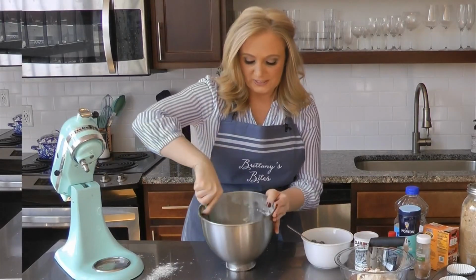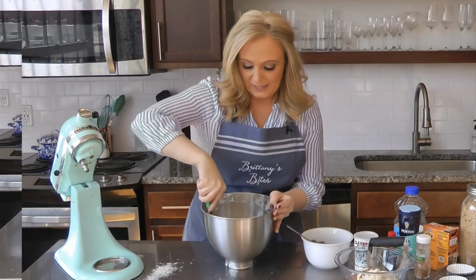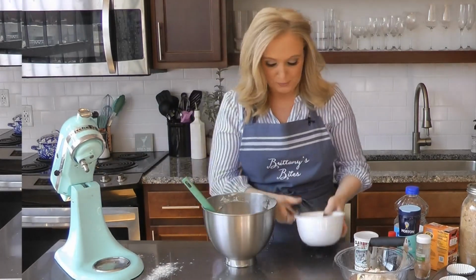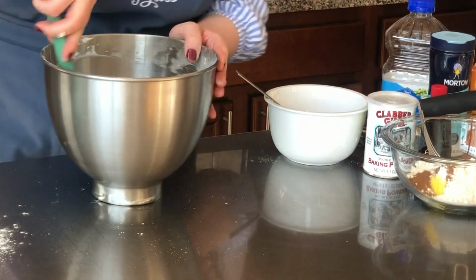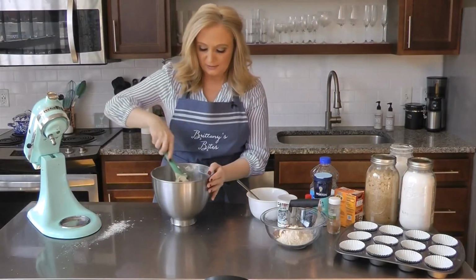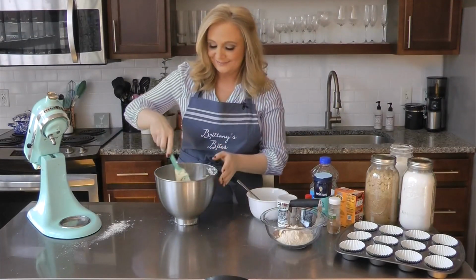And you want to be careful, because again, you don't want to break up the blueberries. I mean, it'll still taste good, it's fine, but it won't look as pretty with the blueberries kind of suspended in there. All right. See how quickly this is coming together? We're almost done. And then you just have to put it in your muffin pan and then top it with